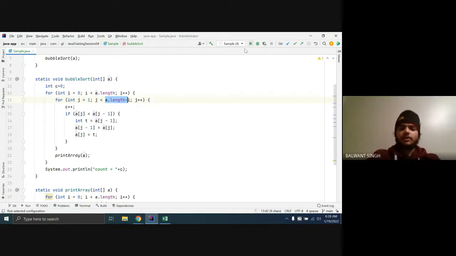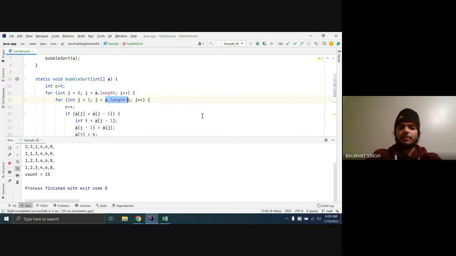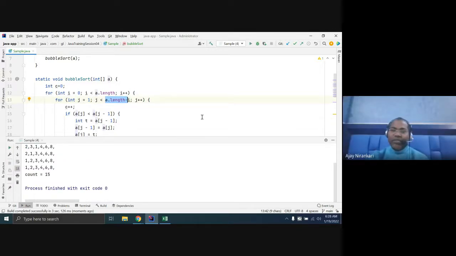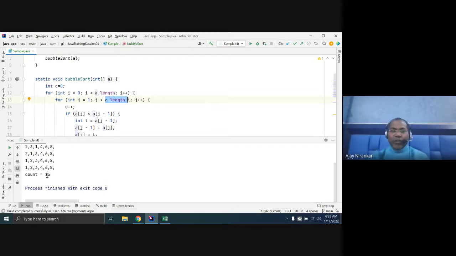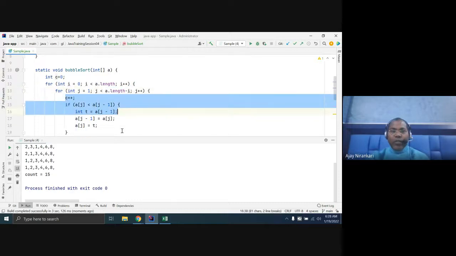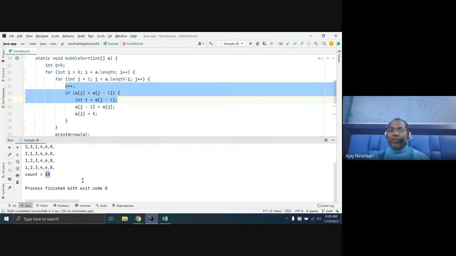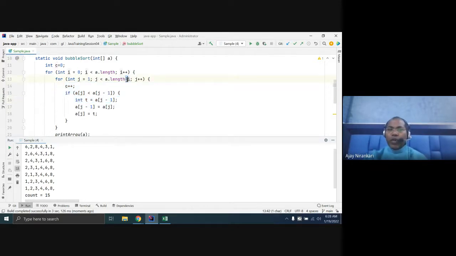Now if you run it, either we can assign any variable like length equals a dot length and every time subtract one, that's one way. Now we look, we have run the internal loop only 15 times. You can write code that performs better, but both your previous code and this work fine.